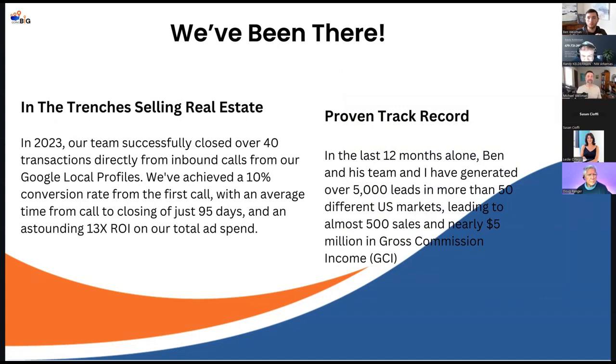So in 2023, some quick statistics: our team successfully closed, and this is just our team, 40 transactions attributed directly to what we're going to show you today, inbound calls from Google local profiles. Now, this is why I want to focus on this one little thing here. These next 3 sentences, listen to these closely. We've achieved a 10% conversion rate from the first call, okay, with an average time from first call to closing of under 100 days, 95 days, and an astounding 13 times ROI, return on investment on our ad spend,